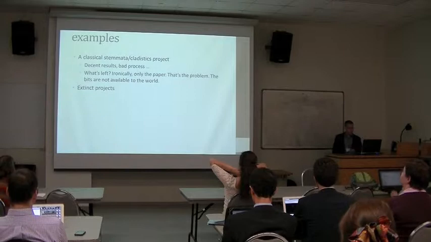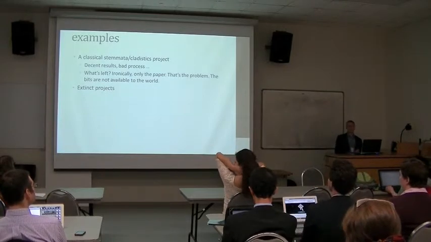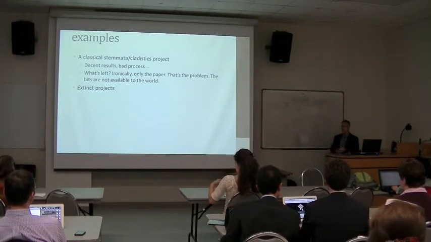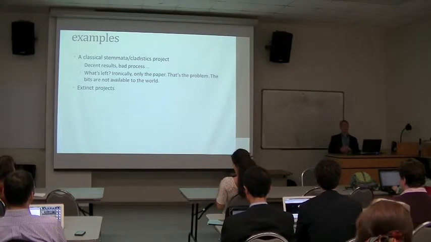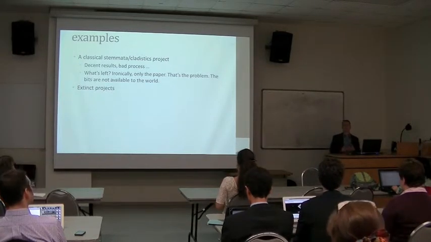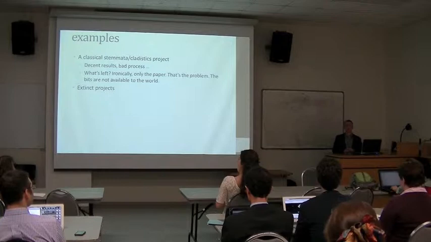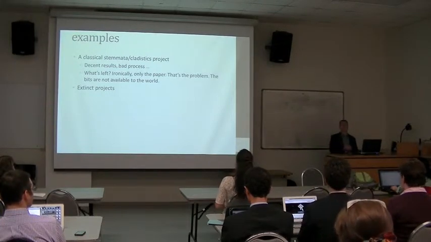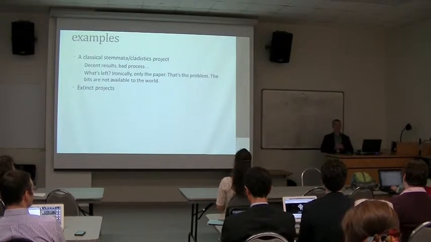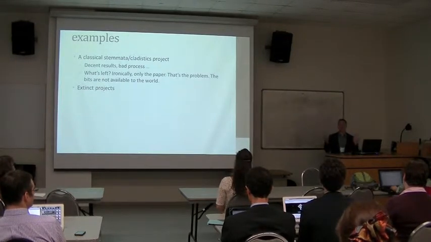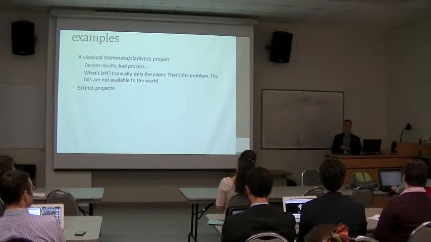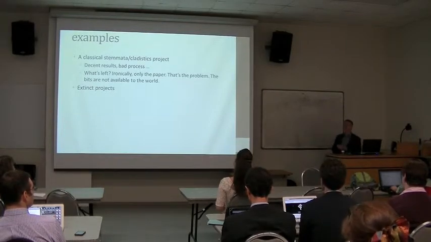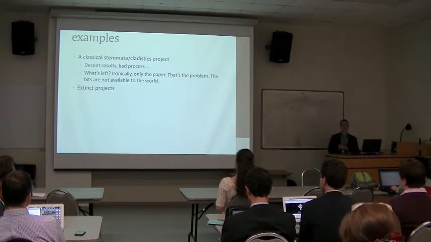I have a couple of examples. One which I figure if I'm going to criticize something, I should point at my own project. I did one at Brown that had to do with stemata for manuscripts and cladistics. A number of people have done work like that. And so what are some of the mistakes I made, right? Mine was hard-coded to a Win32 API, right? That runs today by the grace of Microsoft, certainly not any cleverness of my own. What else? So the only thing you can find online about this now is the paper, which is really ironic, right?